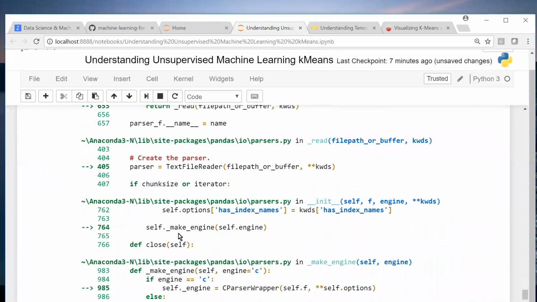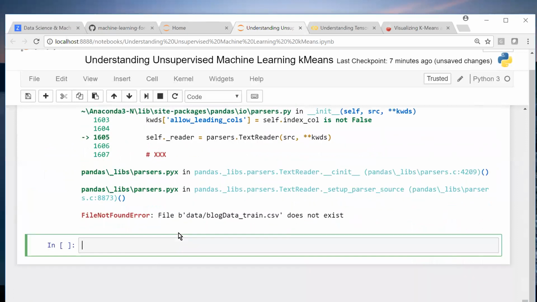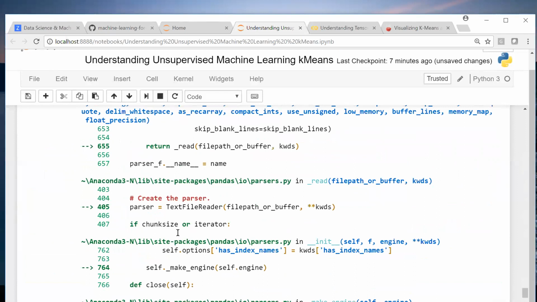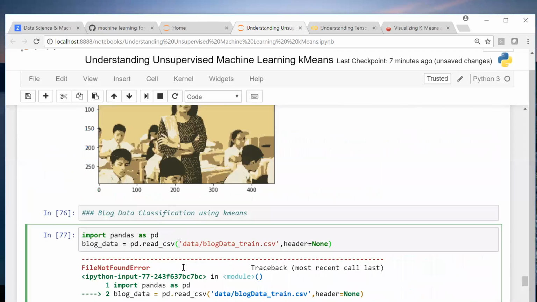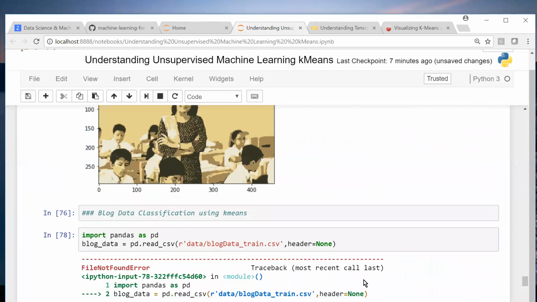What the hell? Why is file not found? Oh, that is because /b is there, right? Escape sequence. But again that is not the problem.